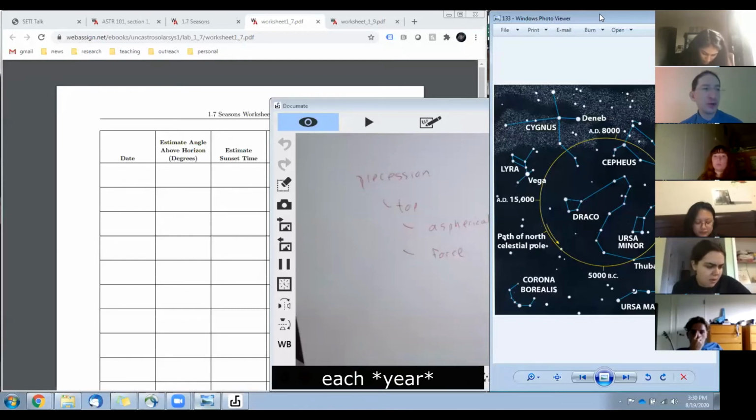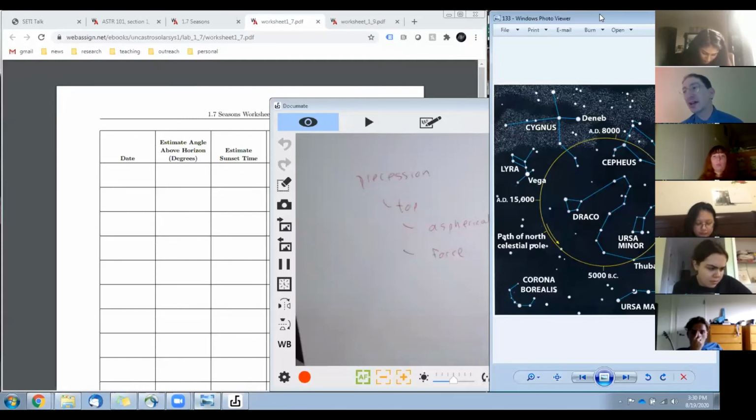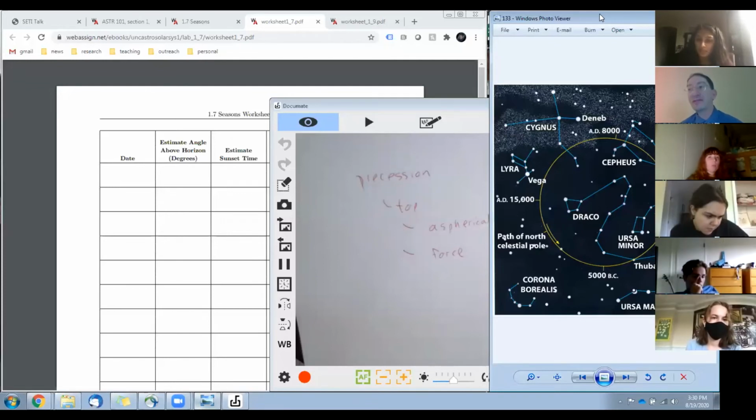year. So when I was doing my demo and I had the summer off to the left and winter off to the right, it's not always that way. The first moment of summer inches its way around the orbit until 13,000 years later, summer's on that side of the orbit. 13,000 years later, it's back to this side. And so, you know, the seasons start 20 minutes earlier, but we don't notice it because we've designed our calendar to subtract those 20 minutes as well. So even 13,000 years from now, the first day of summer will be June 21st. We'll just be on the other side of the orbit when it happens.